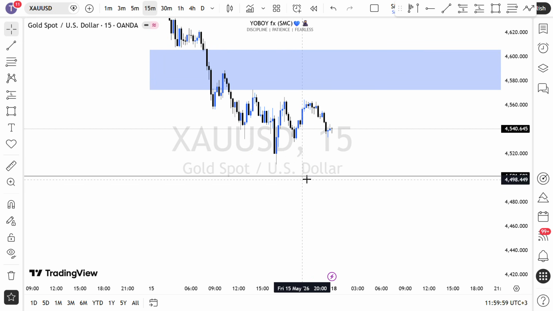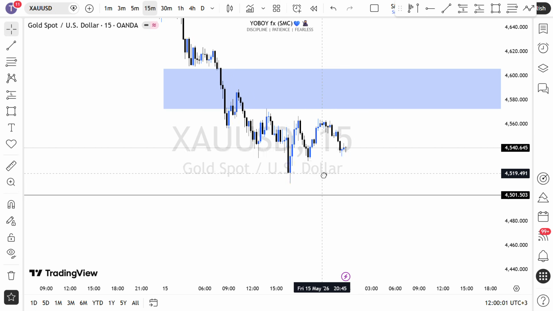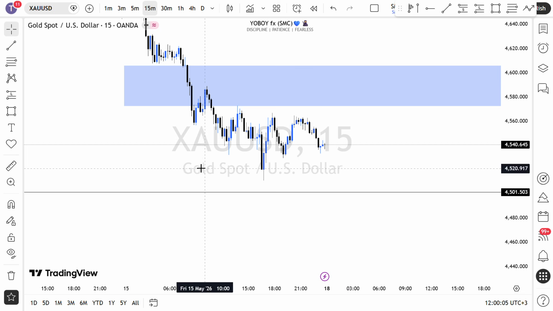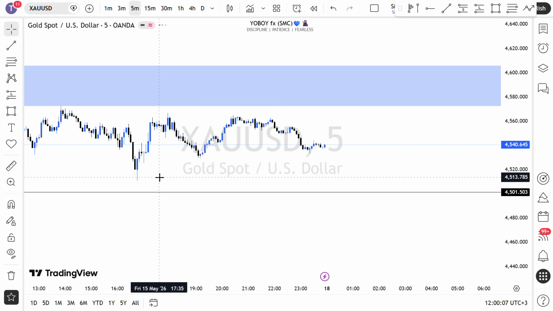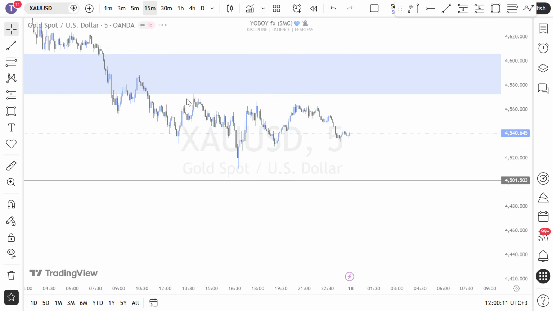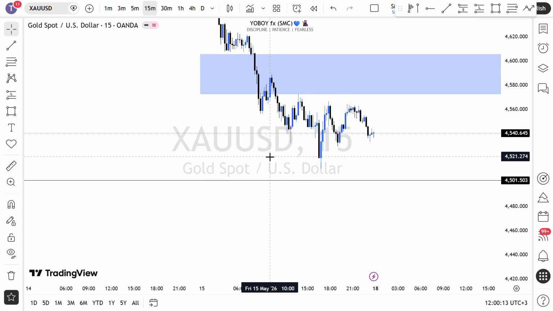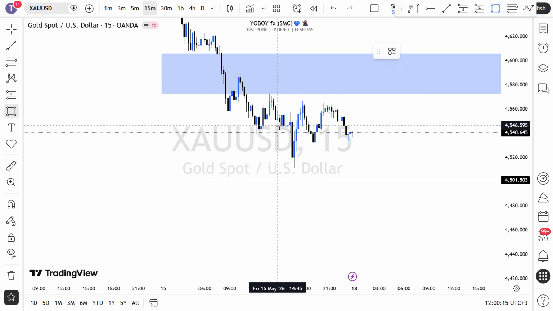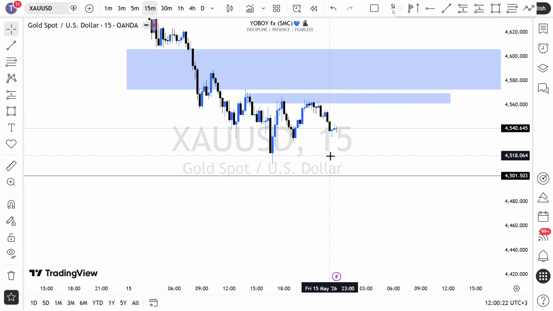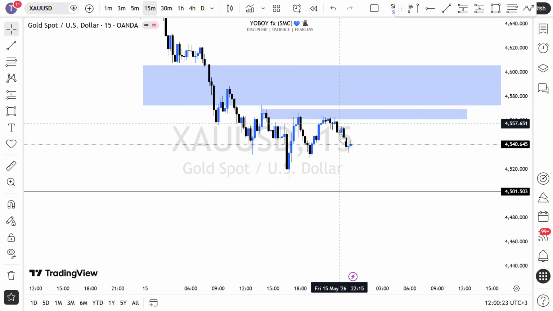Remember, we are looking for price to take out this low. So we are supposed to be taking some short positions in this area. But if you are trying to scalp, I think price is also trying to react from this point here. Price tapped into this area here, then we have the reaction to the downside here. So right now, let us wait on gold.